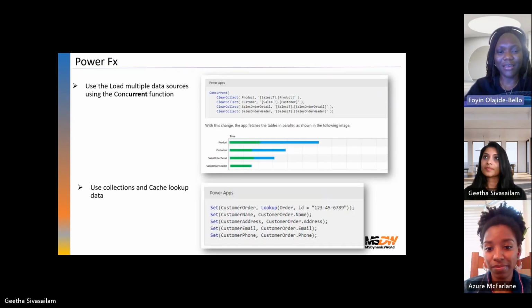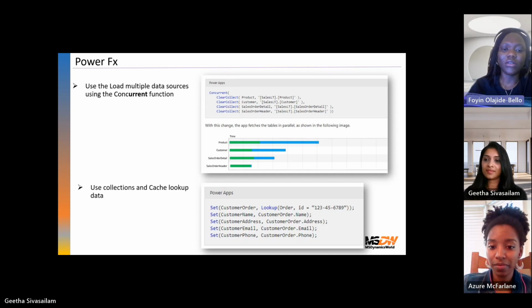All right, so let's talk a bit about Power FX. Just looking into two of them, some things that you can do to make your app perform faster and in a more optimal manner is to use the Concurrent function. The Concurrent function is very important because what it does is it loads all of the data sources at once. But if you don't use the Concurrent function, it loads them one after the other, which would make your application